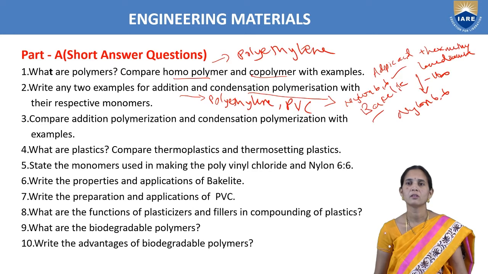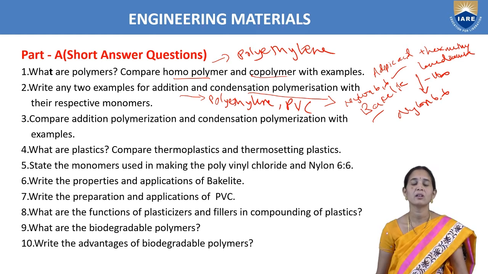So next one is to write the preparation, properties and applications of bakelite. Bakelite is a strong and tough polymer, and it is resistant to the atmosphere, O2, CO2, moisture, light, sunlight, and it is resistant to chemicals. It has good abrasion resistance. All these properties we can write. Applications of bakelite: we can use the polymer material to make switchboards and plugs. So we can write some applications.